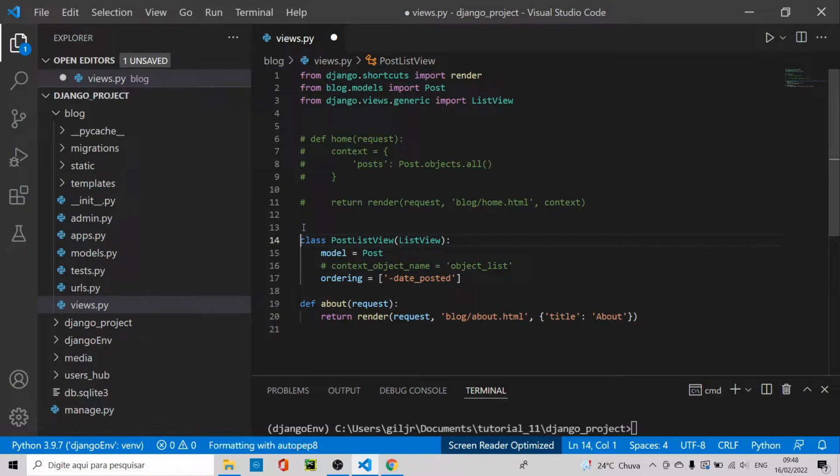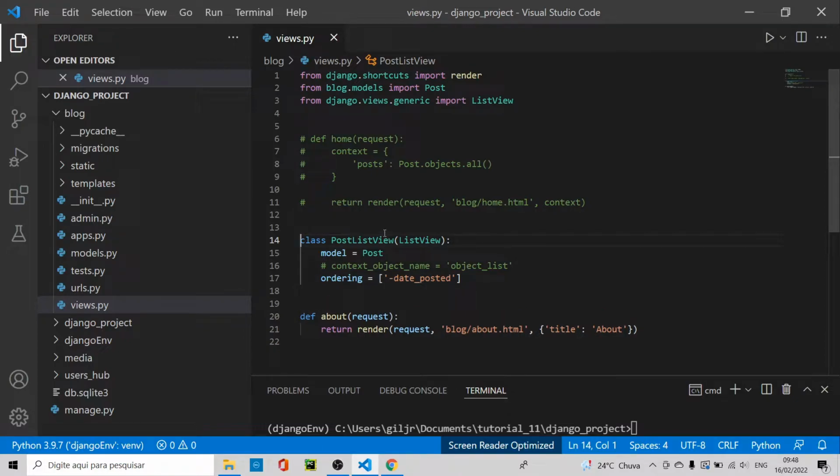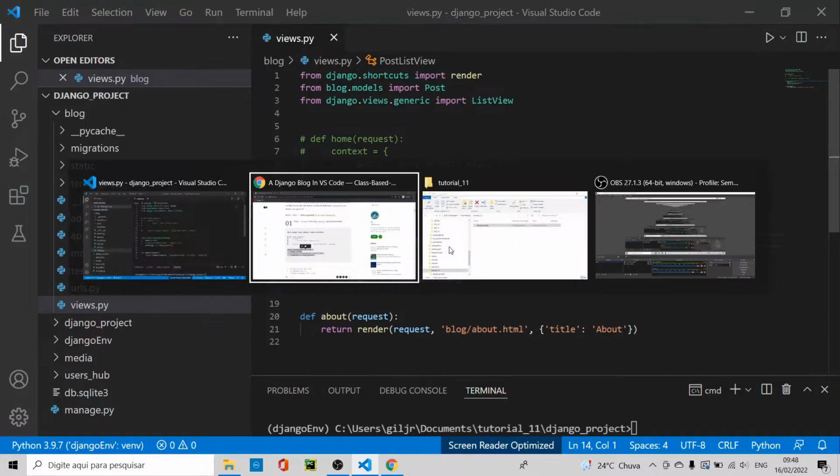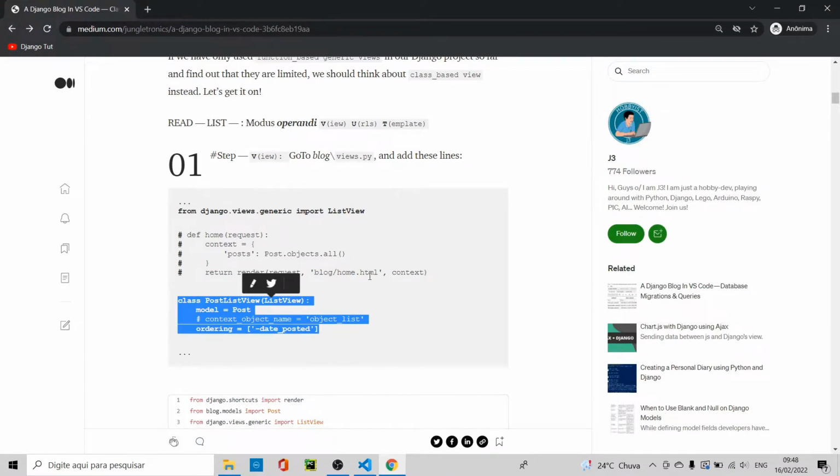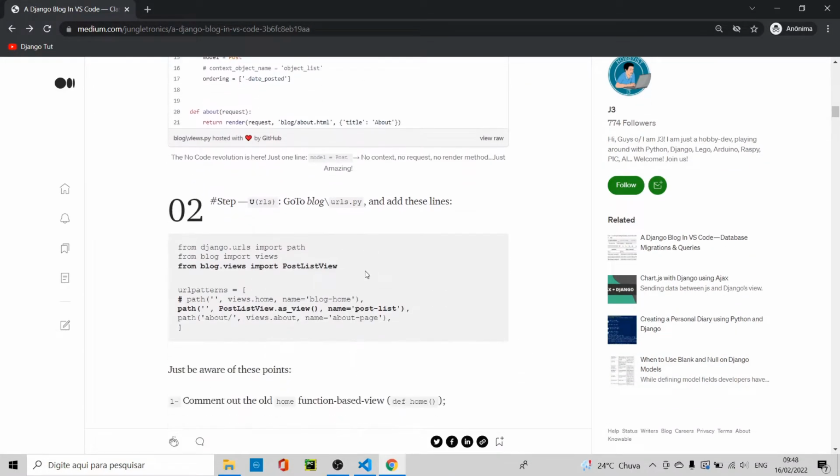Control S, and there you have it. Let's continue our tutorial. Step 2,